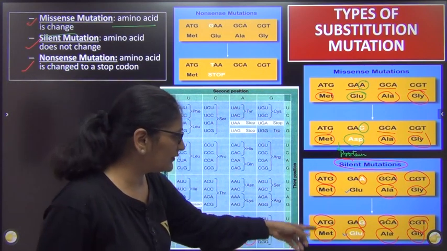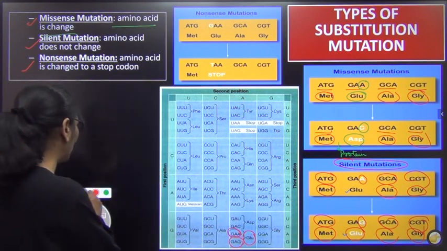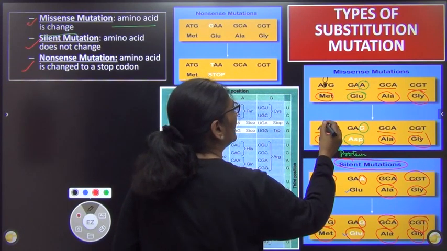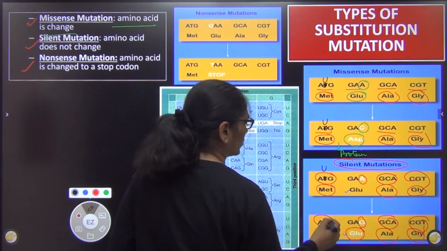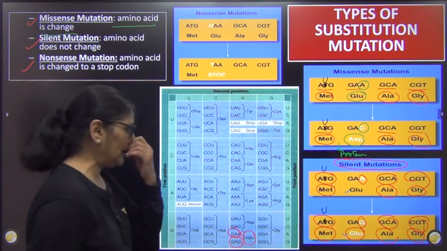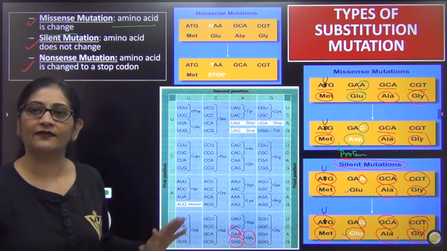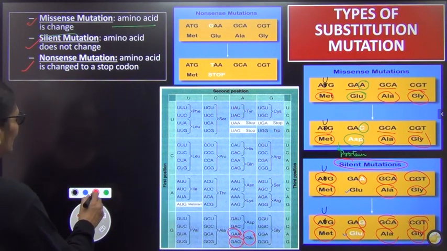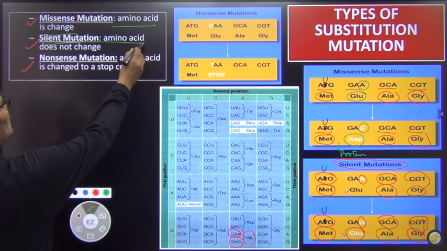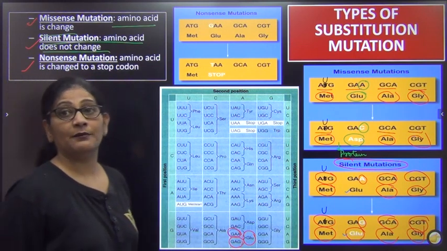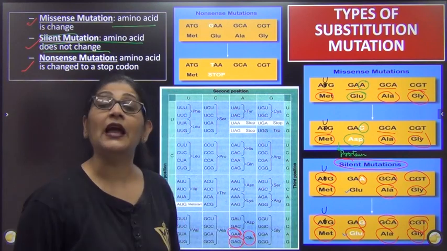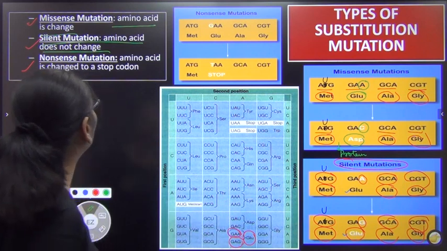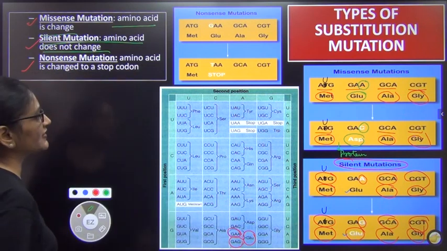Okay, in all of these there is one common error I must tell you. Here it should have been AUG in all of them, because it is AUG which actually codes for methionine, right? So anyways, this was just to make you understand the events. Now you know that silent mutation is one where the corresponding mutation takes place but there is no change in the amino acid, hence protein, hence the phenotype. Now let us come to the third one. This is called as nonsense mutation.